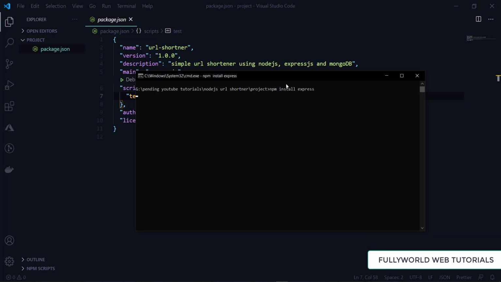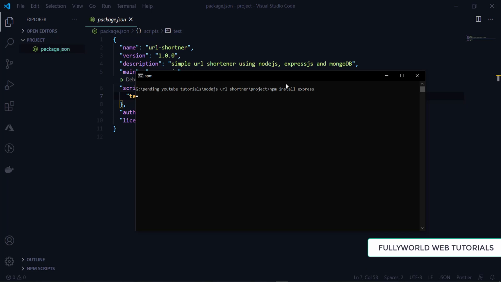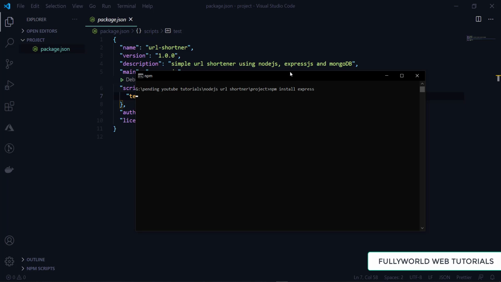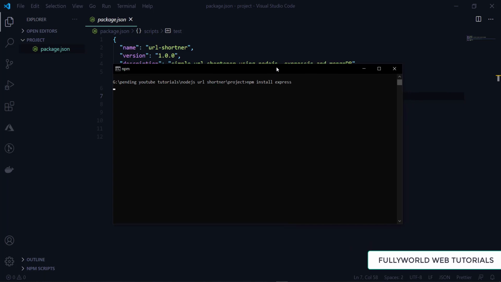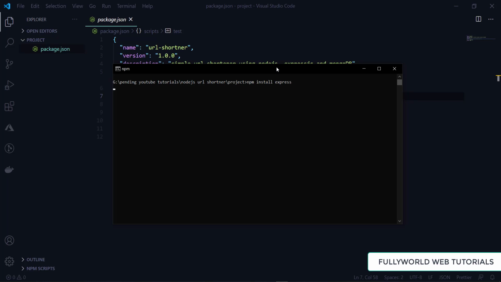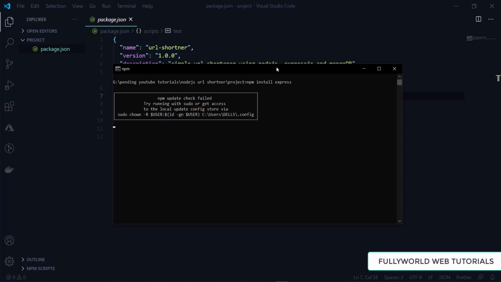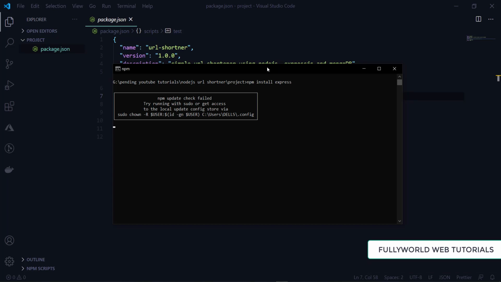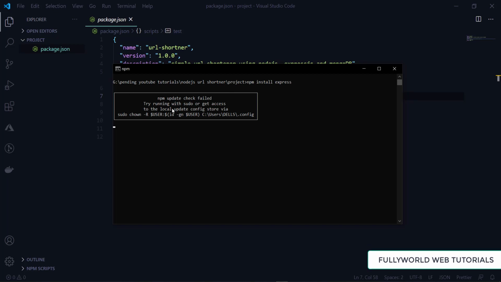Click enter and it will install express for you. It will take a little time. Make sure you have an internet connection, because it will download all the dependencies for the express package from the internet. Ignore this line here, npm update check failed, ignore this.